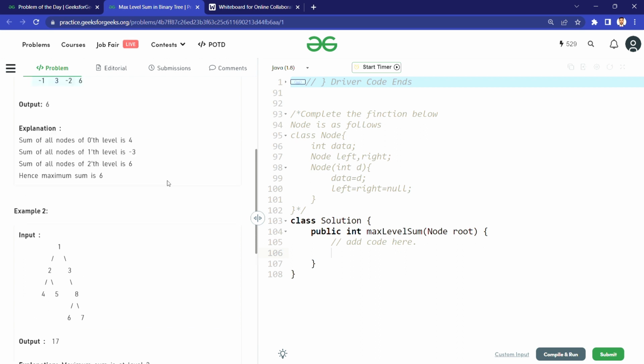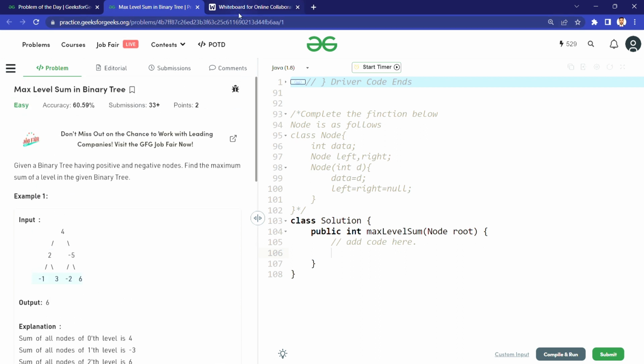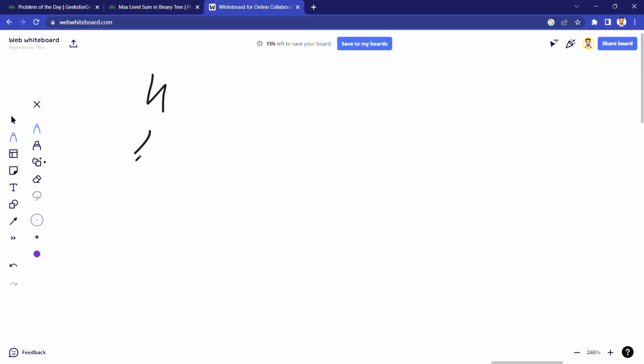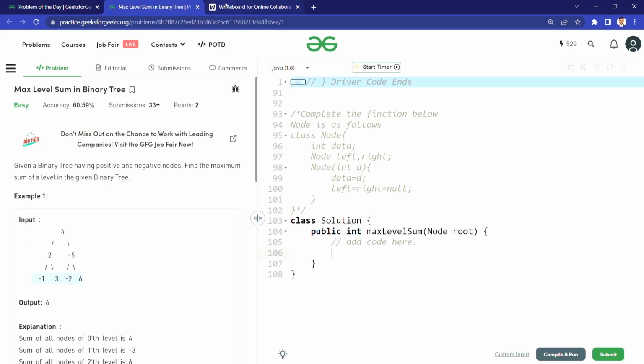So what we are going to do here is use BFS, and it's a very easy question. Basically it is a kind of easy question. So let's understand the question. Let's take our first example: 2, -5, and -1, 3,